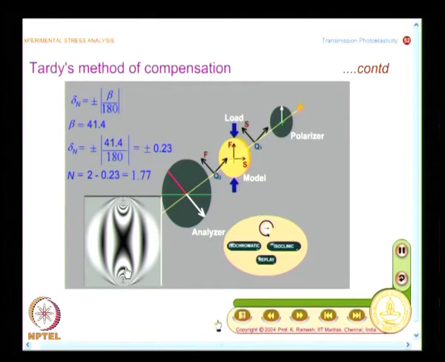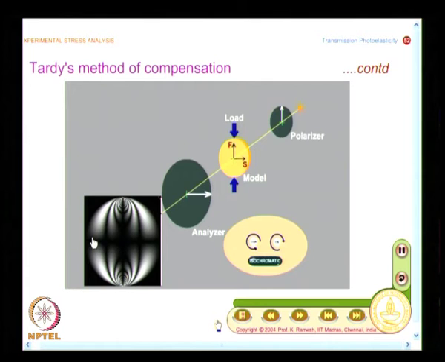So, note down, in the earlier slide what we saw was that both the bright and dark field fringes were not passing through the center. Now, I have rotated the analyzer and made this fringe pass through this point of interest, and I have made an observation that this forms a figure of 8. And just to convince you, we will see the isoclinic. Isoclinic at the point of interest is the 0 degree isoclinic.